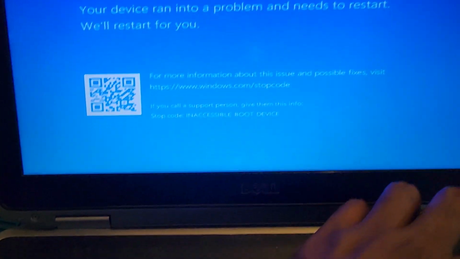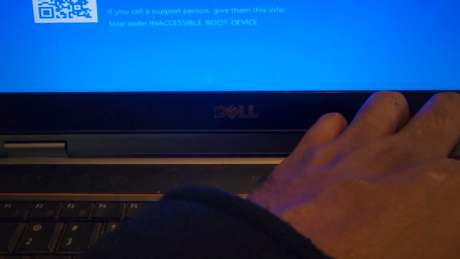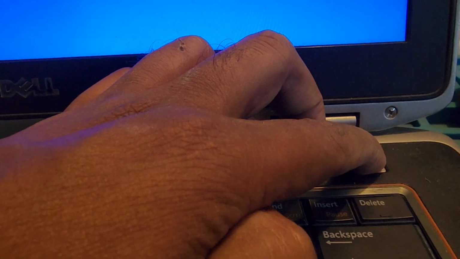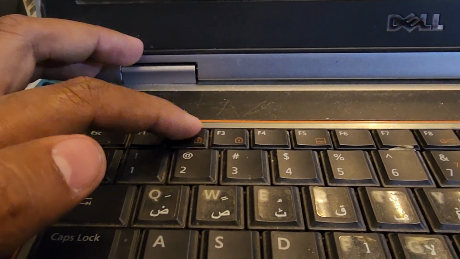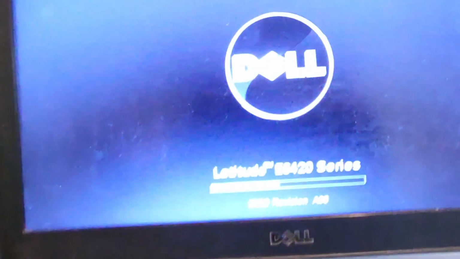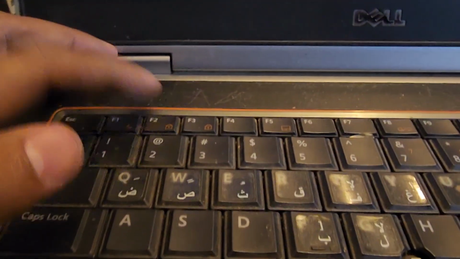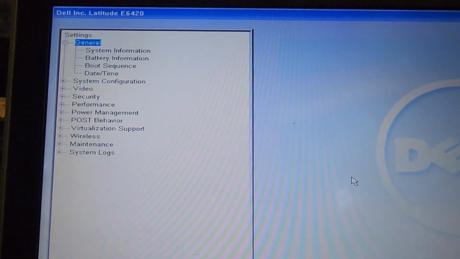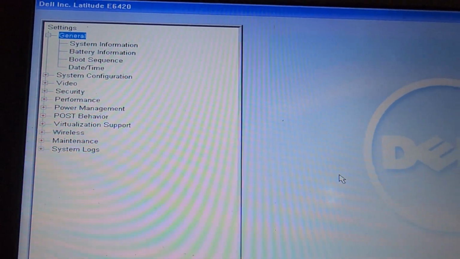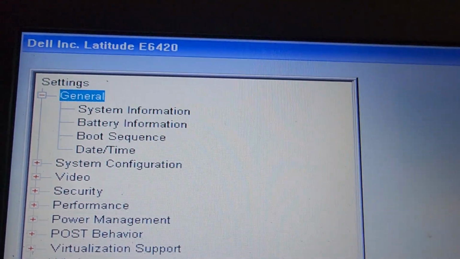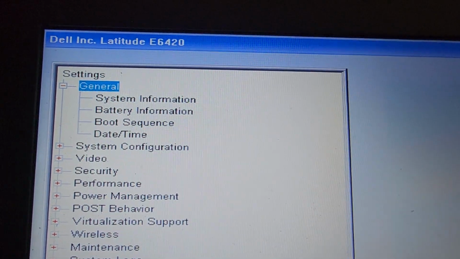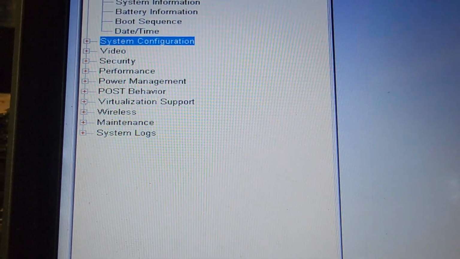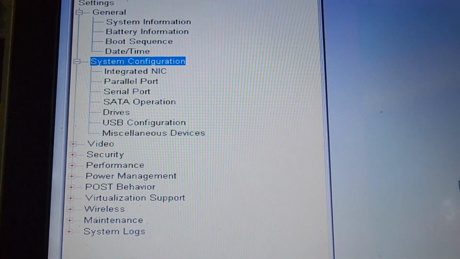So you have to turn off your laptop first, long press the power key to turn off, and then turn on and press F2 for the BIOS setup. On a Dell laptop or any other laptop, you can press the key for BIOS setup. So I press F2 and go to the BIOS options. You can see the model number is Latitude E6420, and go to System Configuration,